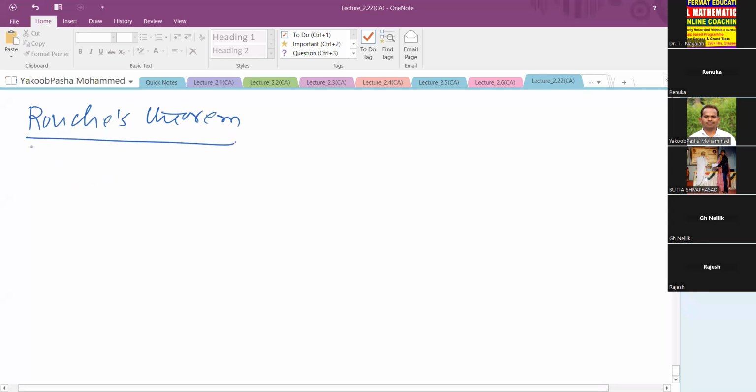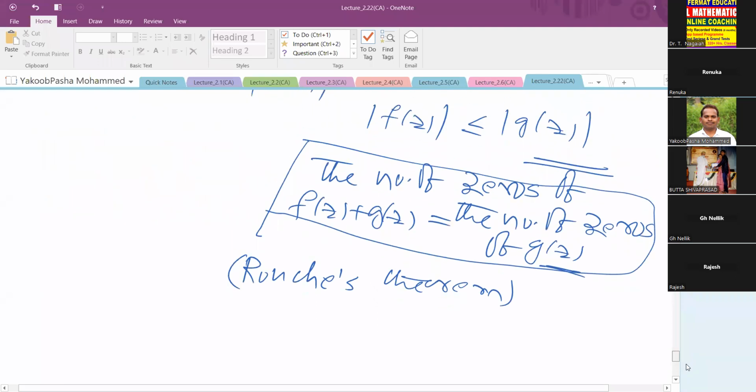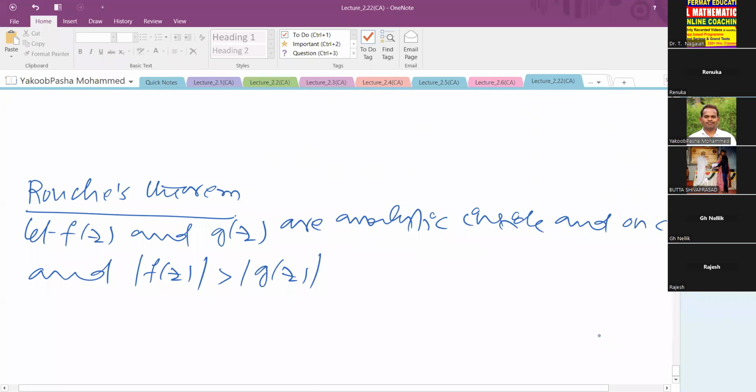Here I am taking f of z and g of z. f of z and g of z are analytic inside and on C, and satisfy the condition modulus of f of z is greater than modulus of g of z on C, then f of z plus g of z and f of z